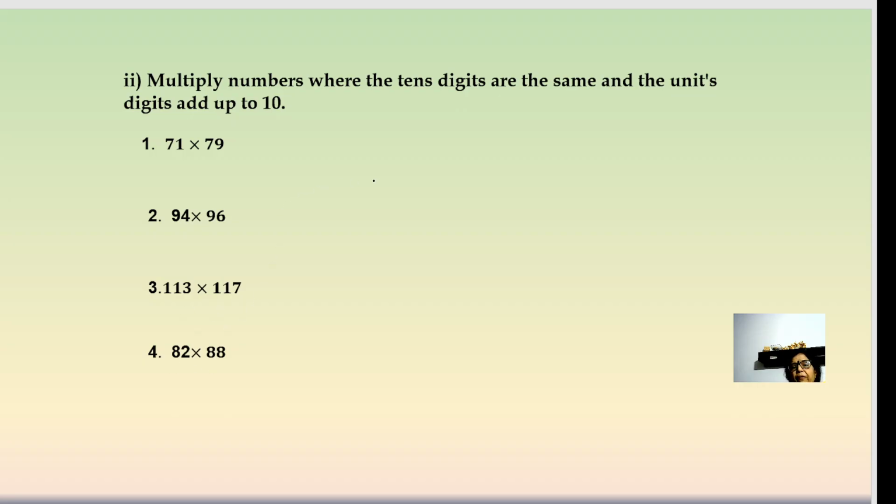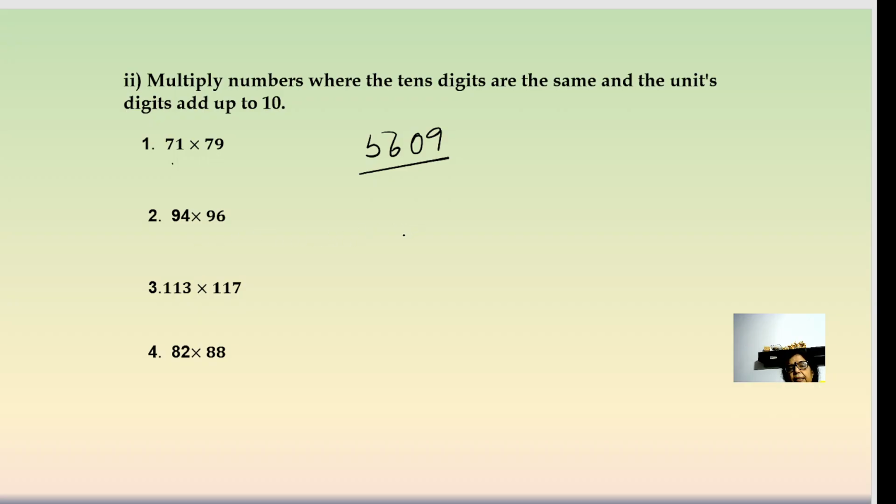So now how are we going to apply that particular concept? First of all, we'll take the units digits and multiply them. 9 into 1 is 9. So we write here 9. And then 7, and the next number after 7 is 8. So 7 into 8 is 56. But here I don't have to write only 9. It should be a two-digit number. So my answer is 5609.